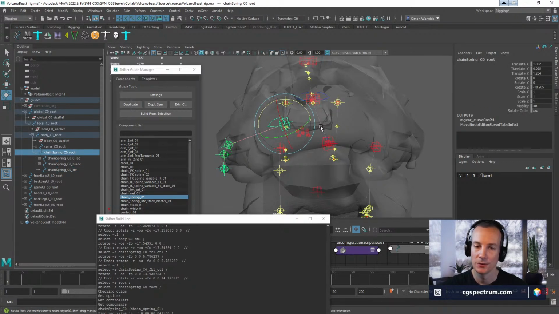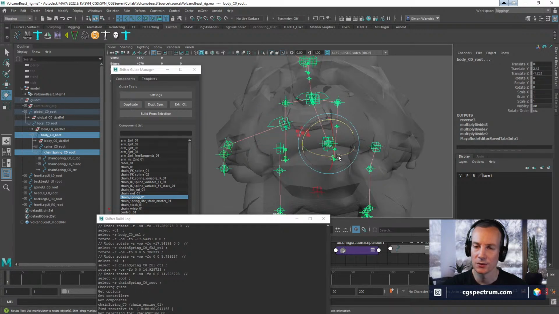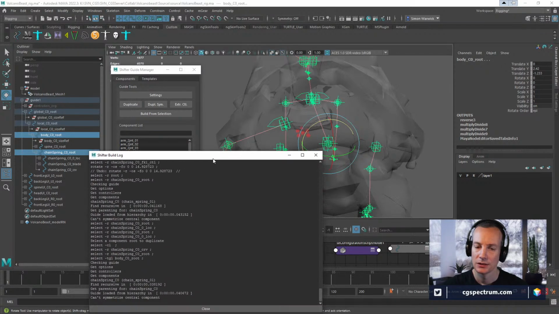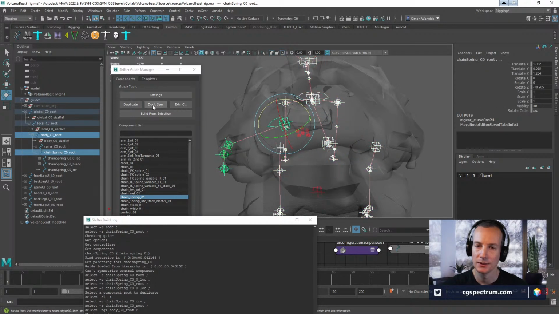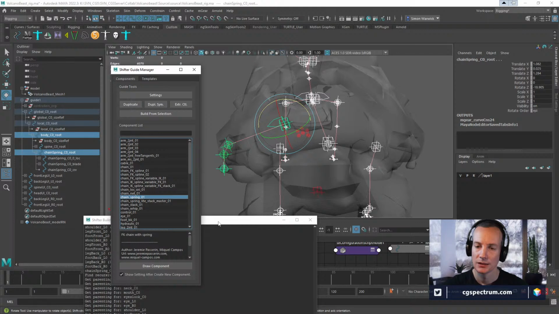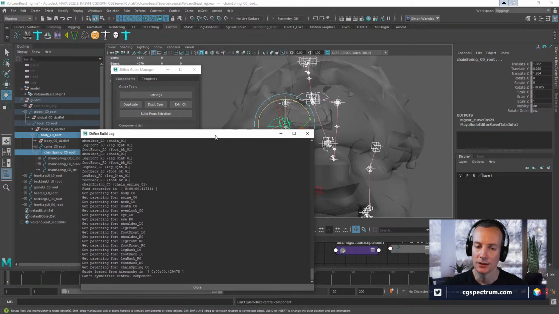I don't think so. Well, let's shift select the two so that it knows that this is the point of mirroring. Okay, let's do the other end. We'll select this one and then shift select that one. Turn it.